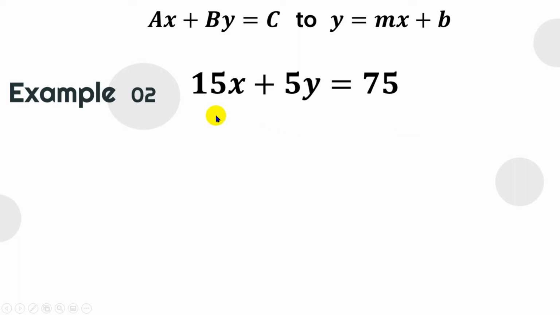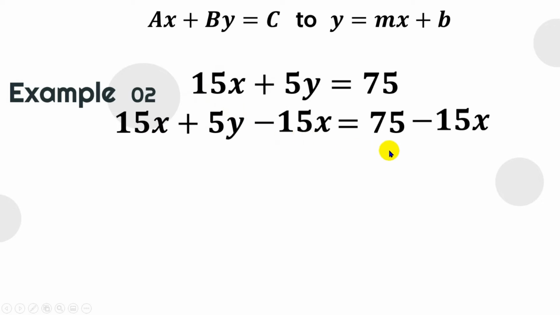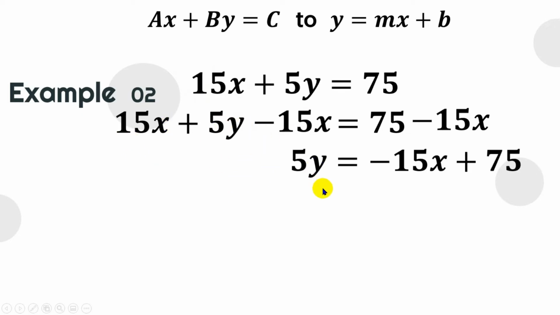Okay, so again, we have to retain our term with y variable on the one side of the equation. That is why we need the additive inverse of 15x, and that is negative 15x. We're going to add that on both sides of the equation. Now, 15x minus 15x will be 0. Then we have 5y on the left side, and on the right side of the equation, we have negative 15x